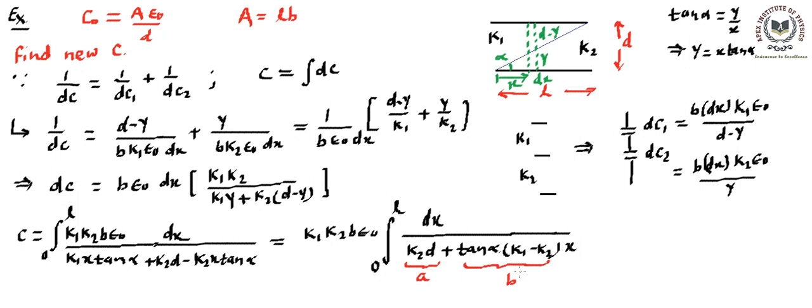So if this is a, this is b, then this can be written as k1 k2 B epsilon naught. Now this B is a different B, and the B that we are assuming is different. So let's call this by another number. This B should not be confused with this B. So let's call this a capital B. So this is small a, this is a capital B, right?